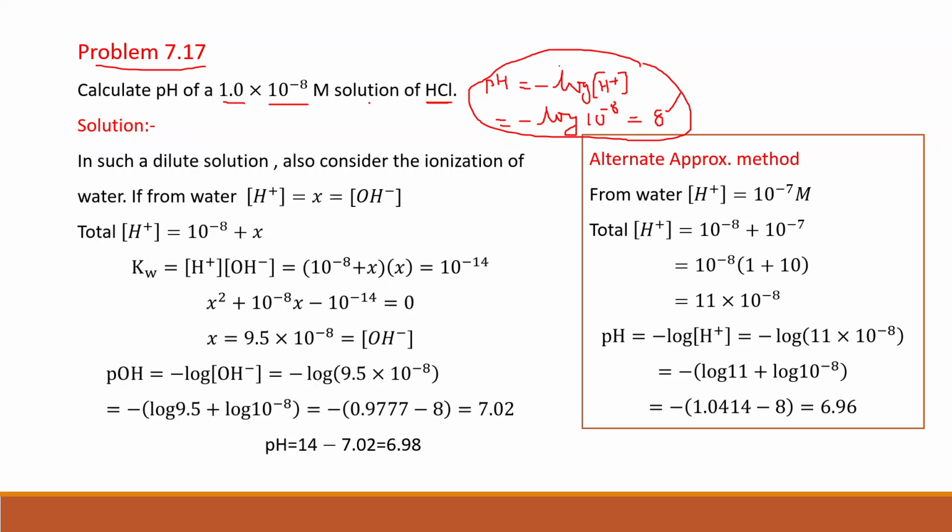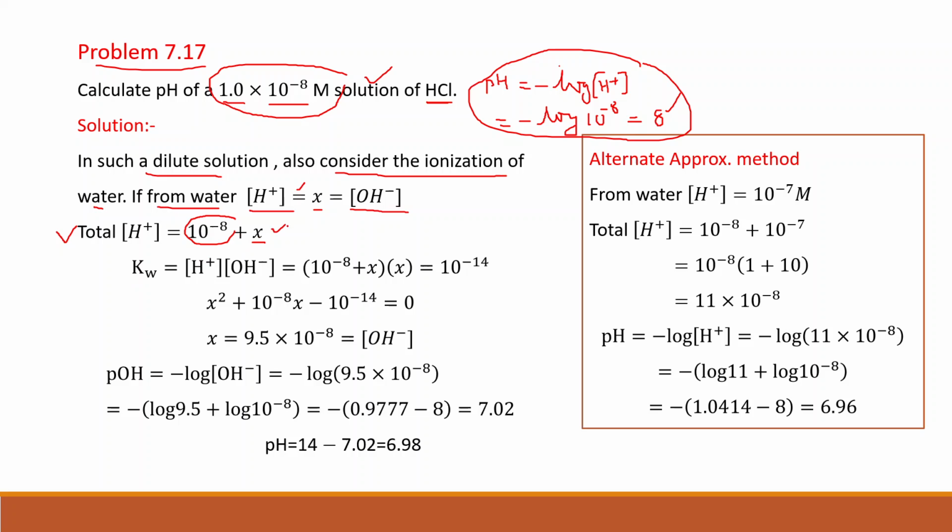Now this is a very dilute solution, and in such a dilute solution we can't ignore the hydrogen ions produced by the ionization of water. So we also consider the ionization of water. If the hydrogen ion concentration from water is X, then the hydroxyl ion concentration will also be X. So the total hydrogen ion concentration is 10^-8, which is from the HCl, plus X, which is from water. Okay, now find out